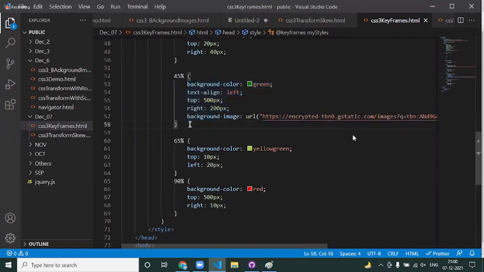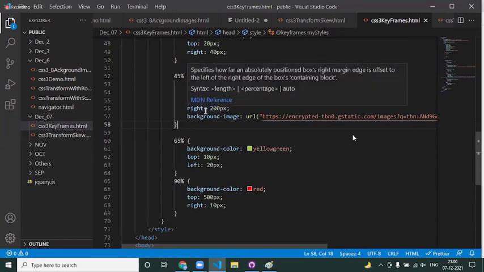You don't need to have a different CSS property for that. Got it, Shakib? If you want to stop at a particular percentage, you don't define all the remaining ones. You just need to stop at 45. Under the 45 only, you define what properties you want to have finally, and that will be applied here.